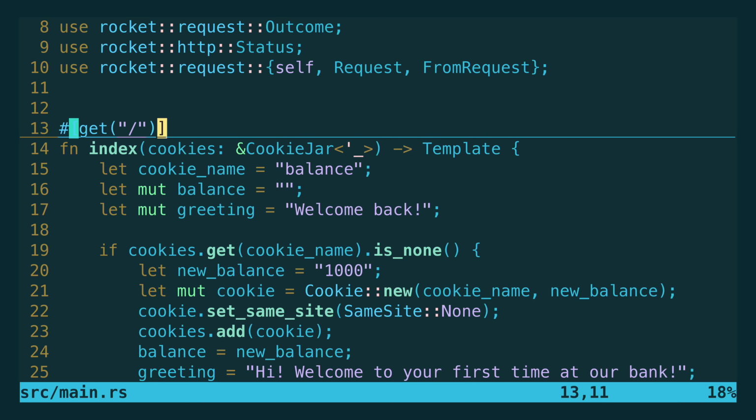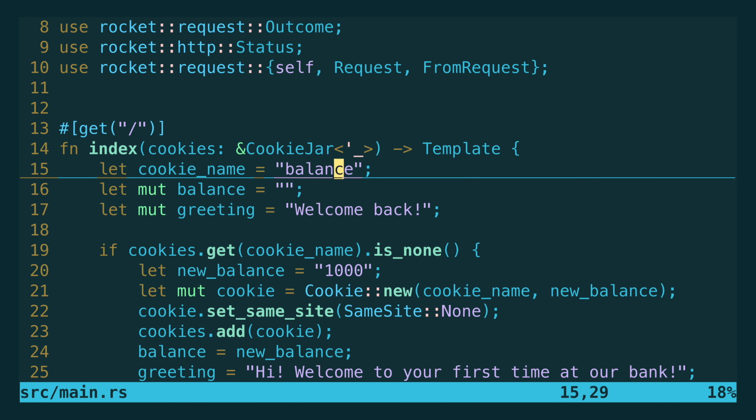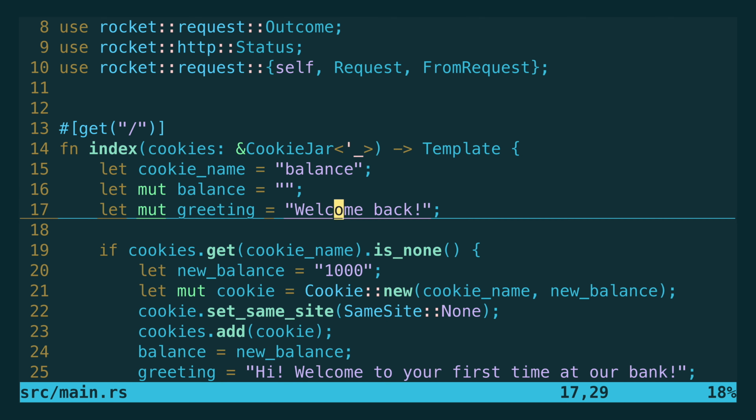The app is built in Rust using the Rocket framework. I'll walk you through the code. So this is a simplification of an app, but I just wanted some cookie functionality to demonstrate. So we have a get route just for the index page, and in this index we use the cookie functionality. We set a cookie name and then two more variables, the balance and a greeting, so what we want to